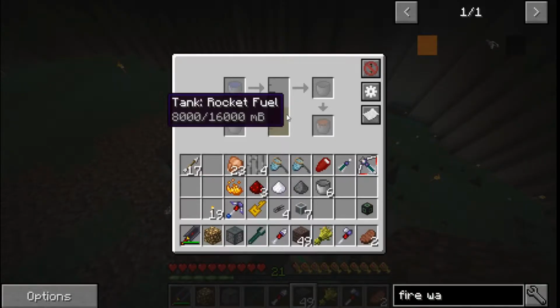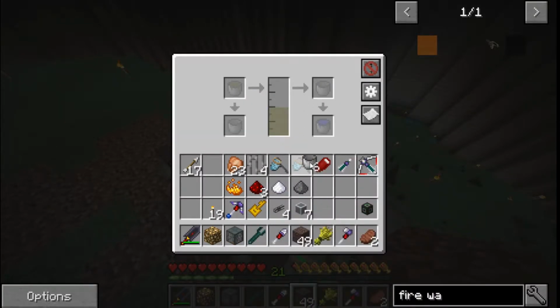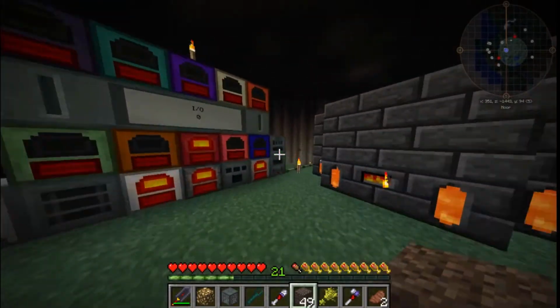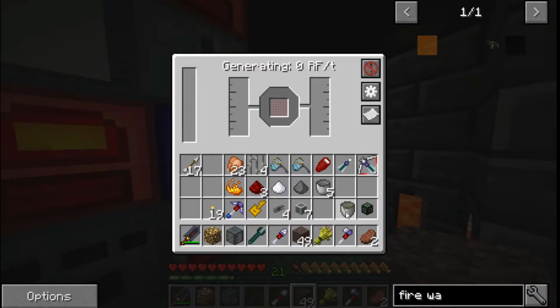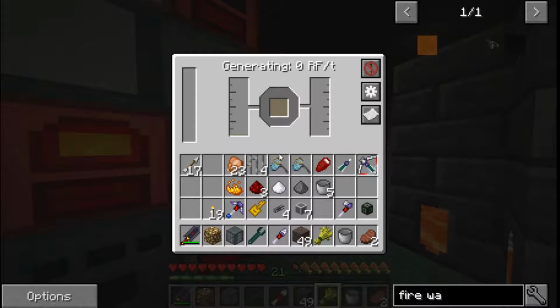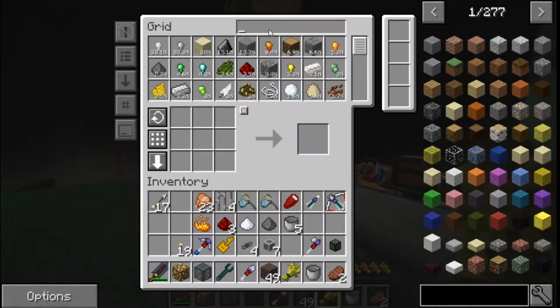But here we have 8 millibuckets of rocket fuel. Oh, is that a ninth? Nope, still 8. Okay, so we're gonna take one of these, and let's see how this works here. Can we just dump it straight in? Looks like we can. Ooh, it can take a lot. And it's going to need some sort of coolant. So probably